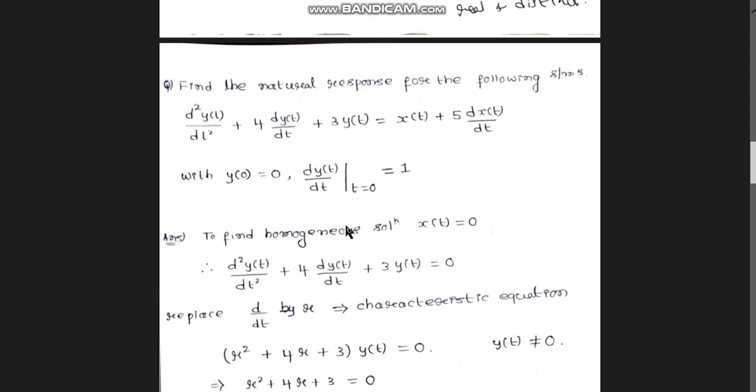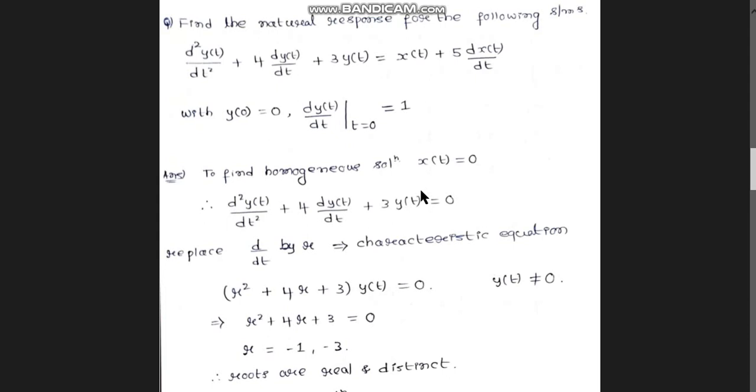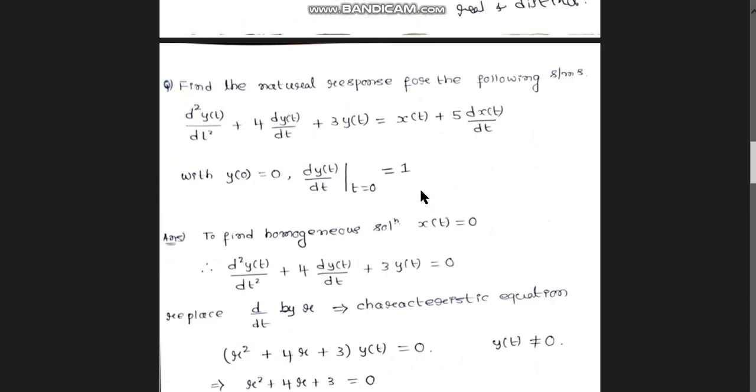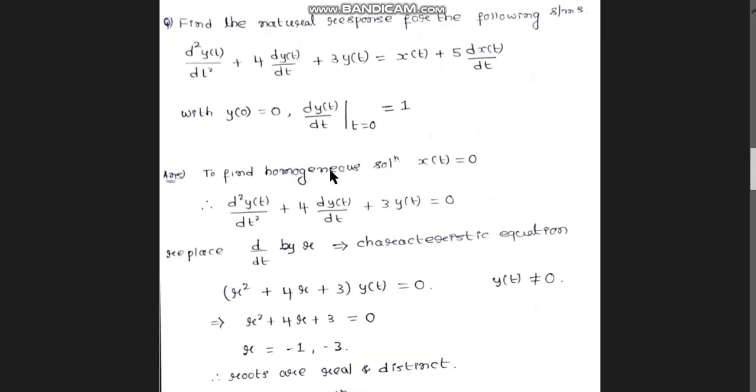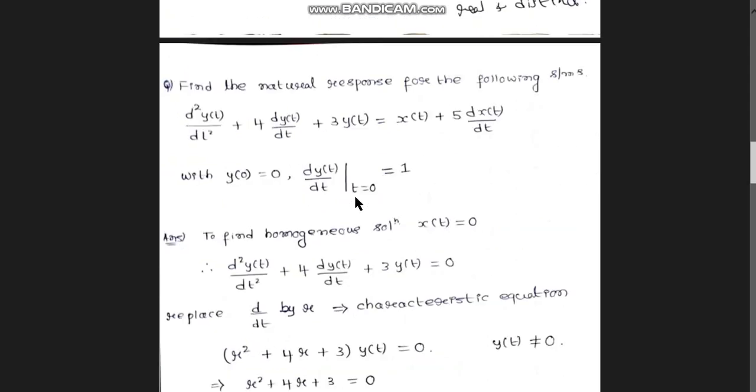To find the homogeneous solution, why do we have to find it? Your natural response is the sum of the homogeneous solution and the particular integral. But in this case we don't get any particular solutions. We are interested only in calculating homogeneous solutions, so we are neglecting that particular integral. So if you find out the homogeneous solution,